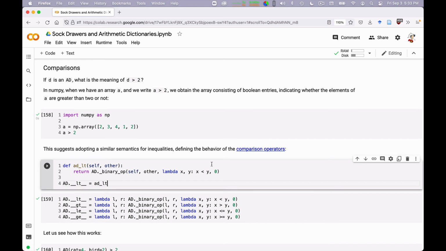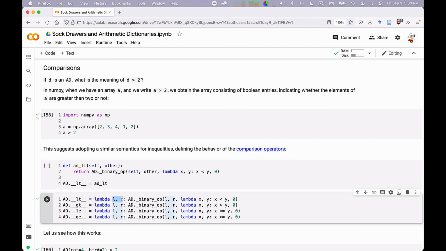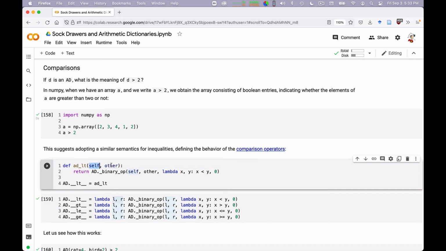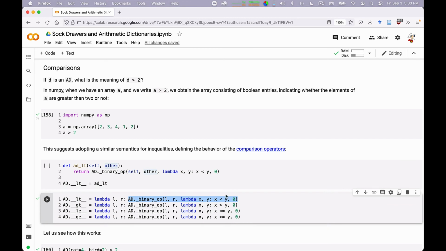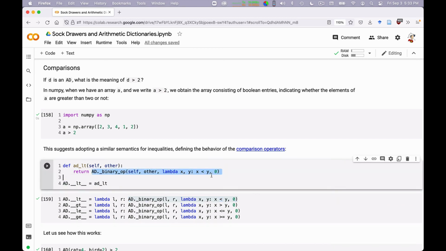This would be sort of the slow way of doing it. Here I do something crazy. I simply say that ADLT is a function that gets two parameters, so the left and right hand sides, self and other, and returns, and this is exactly this, in which instead of self and other I write left and right.